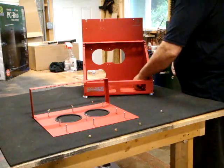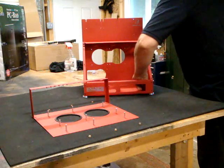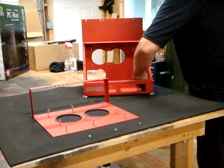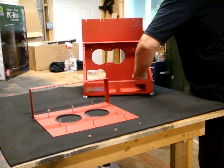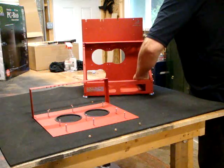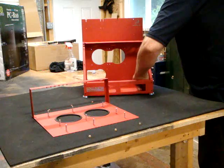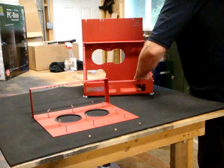So let me finish getting these thumb screws on here. Fat fingers. I should have drunk an extra cup of coffee before I started this. It's not that it's this hard to do, I'm just that groggy. But anyway,